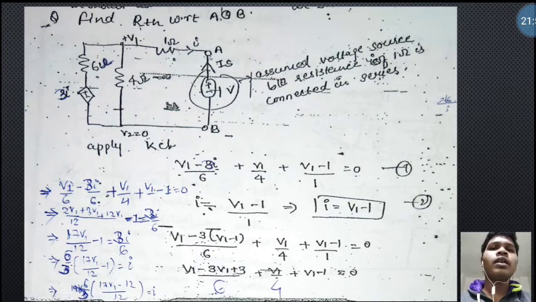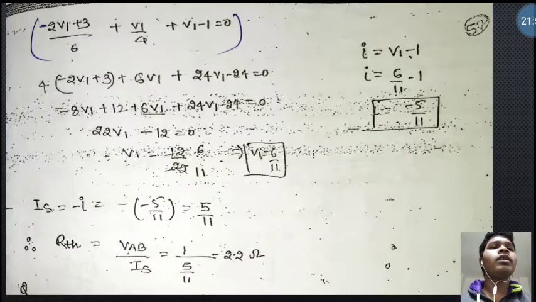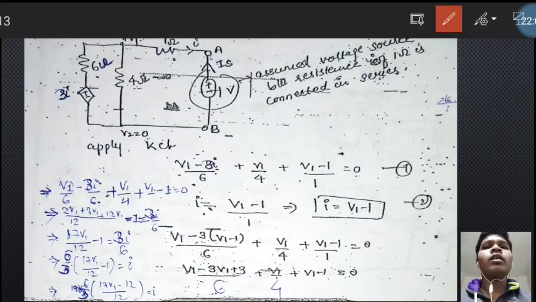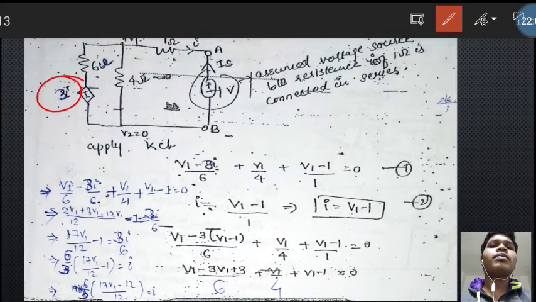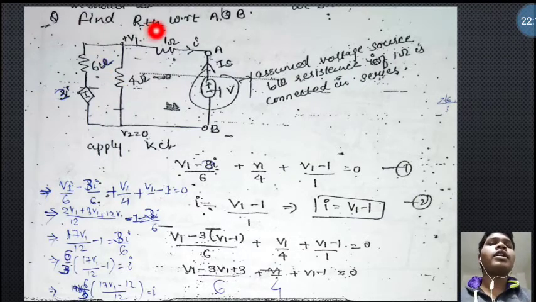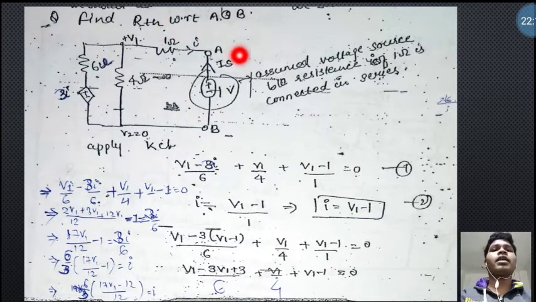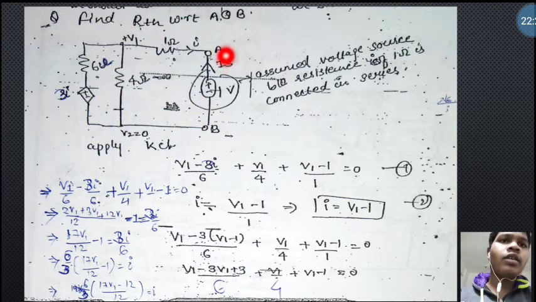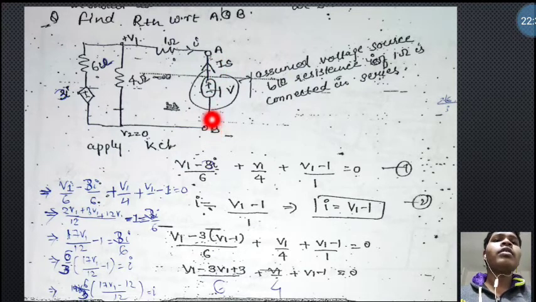Now come to another question. There is also another dependent source, 3I. So this is a current controlled voltage source. Now see, it is also asking about finding the RTH. Why is it not asking to find the VTH? Because we already know from the previous case that VTH cannot be calculated here because of the dependent source. So we can calculate RTH only. So see here, at the points A and B,